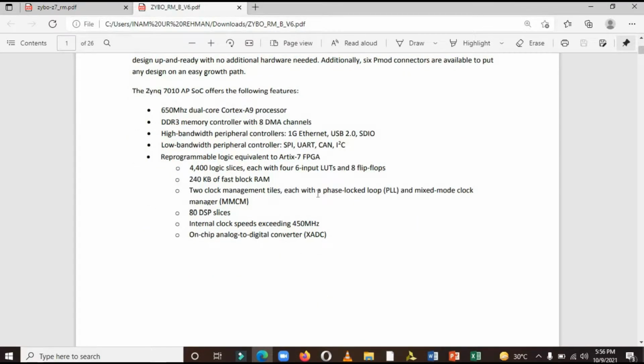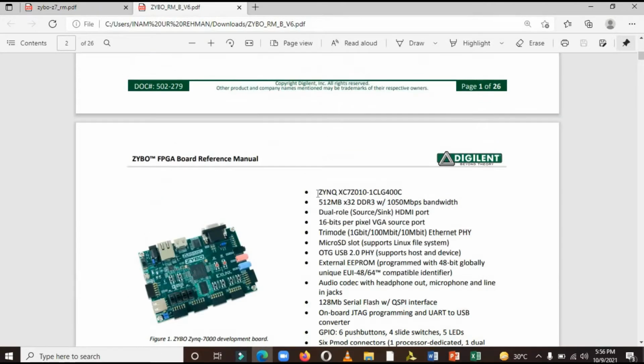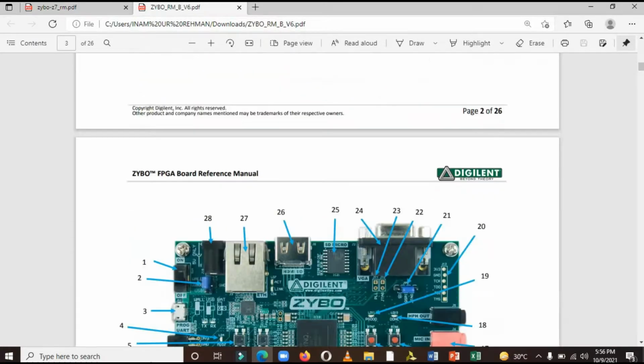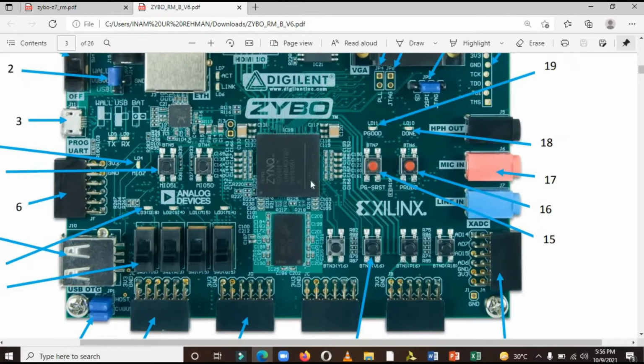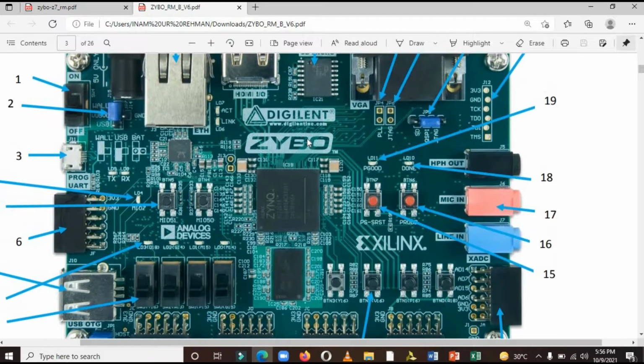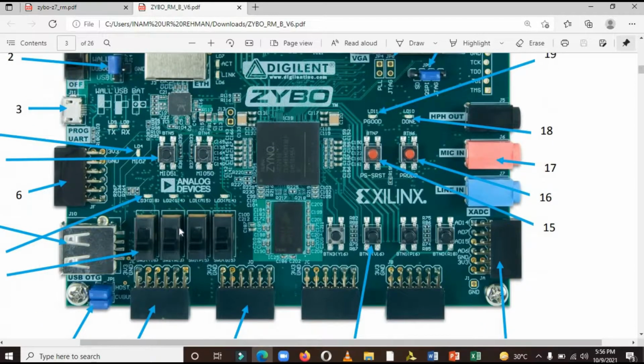Now these are some features of the FPGA, but the main part is the development board and its IO pins. So first of all, let's look at the IO pins of the board. As you can see, we have 4 switches. These are the user switches.